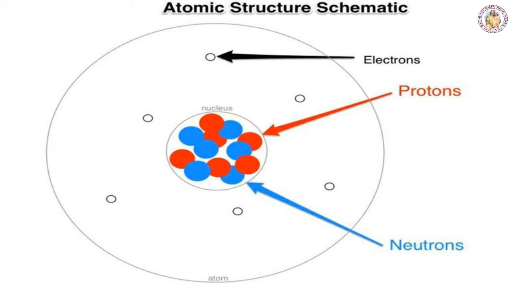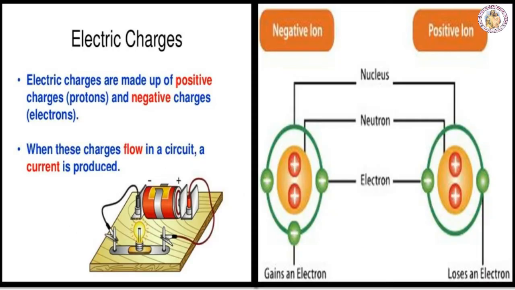Come, let's learn what is electric charge. So, what are electric charges? Electric charges are made up of positive charges, protons, and negative charges, electrons. When these charges flow in a circuit, a current is produced. If an electron is removed from an atom, it becomes positively charged. Then it is called a positive ion. If an electron is added in excess to an atom, then the atom is negatively charged and it is called